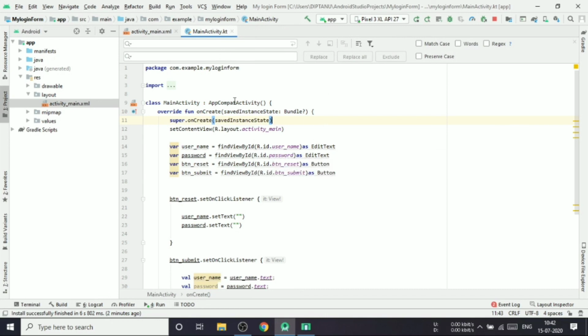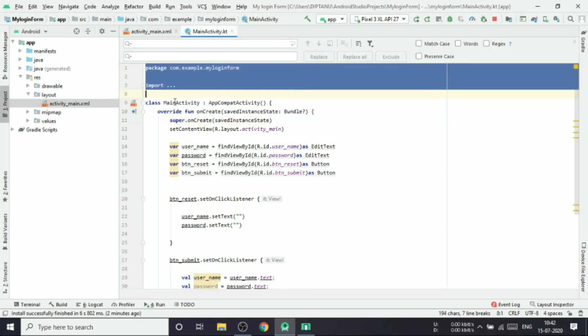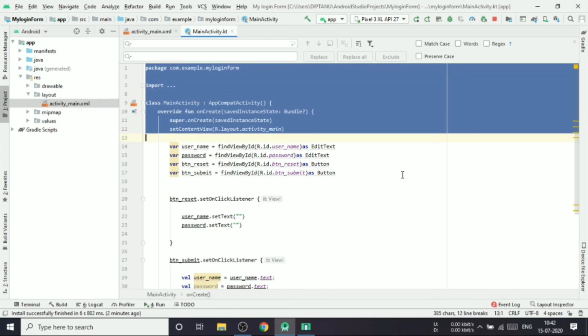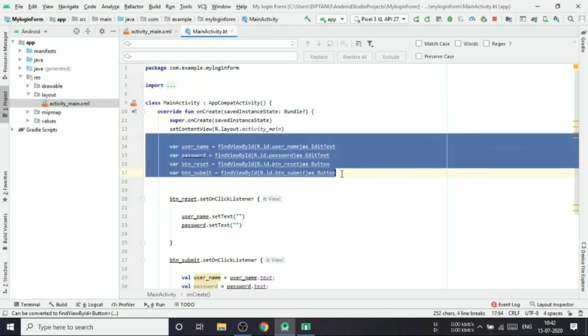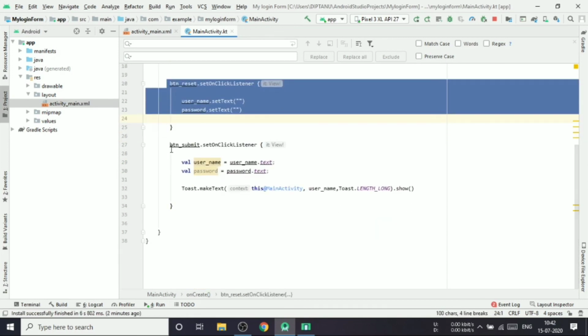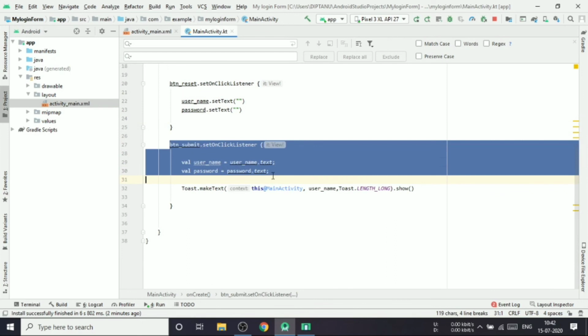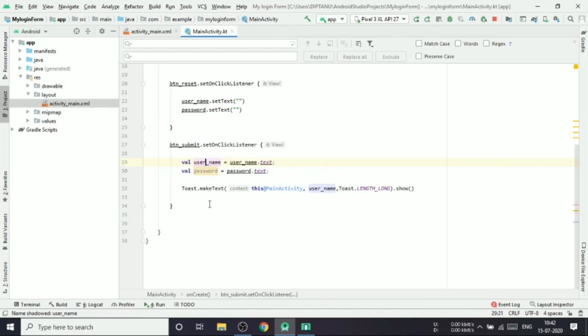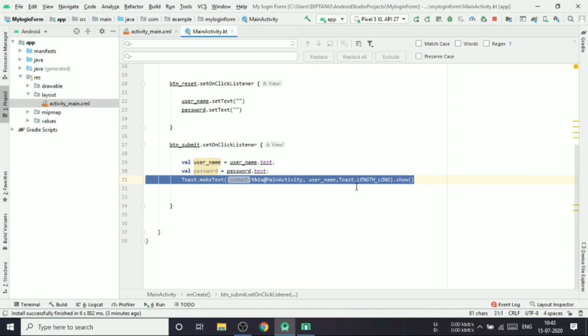And in the main activity, what we did is we just kept this part untouched, and after that we added these variables, and again we added the function of the reset button, and then we added the function of the submit button. And again we made a toast. Now if we don't add the toast,